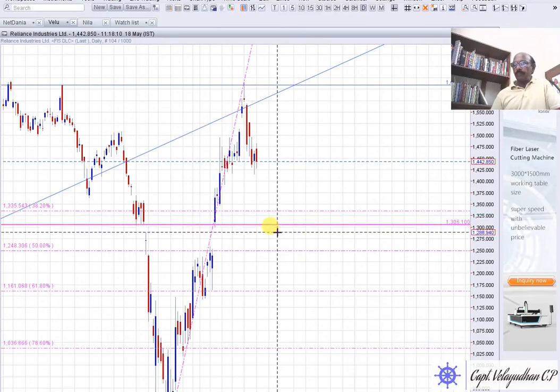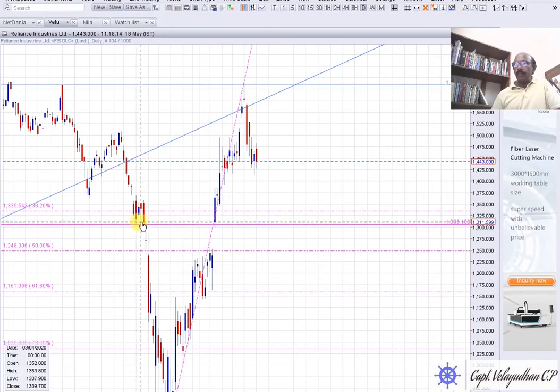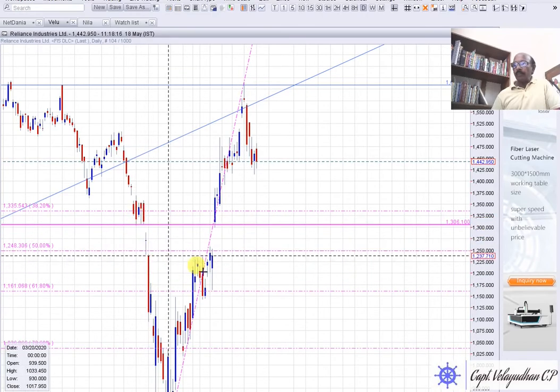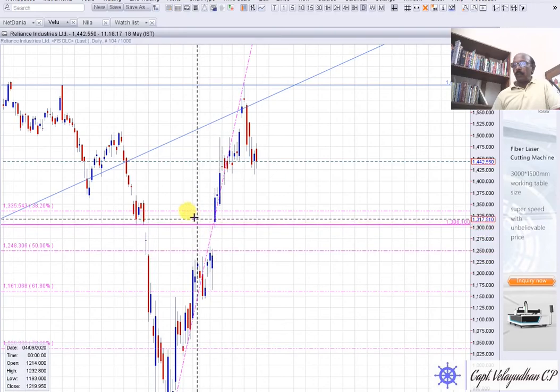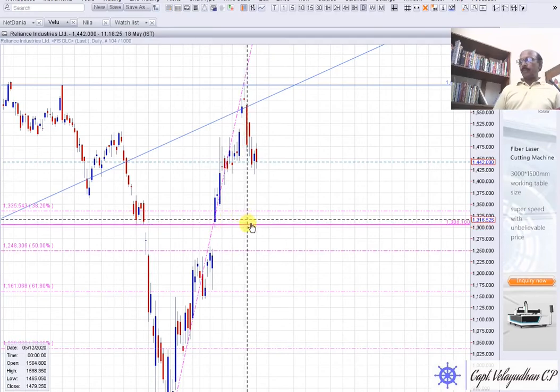It seldom reaches the gap. If you see that one gap here, the market opened down, and from here the market opened above the gap. So there are big hands waiting to take support and buy. So mostly this is the place to look for a buy on the Reliance chart.